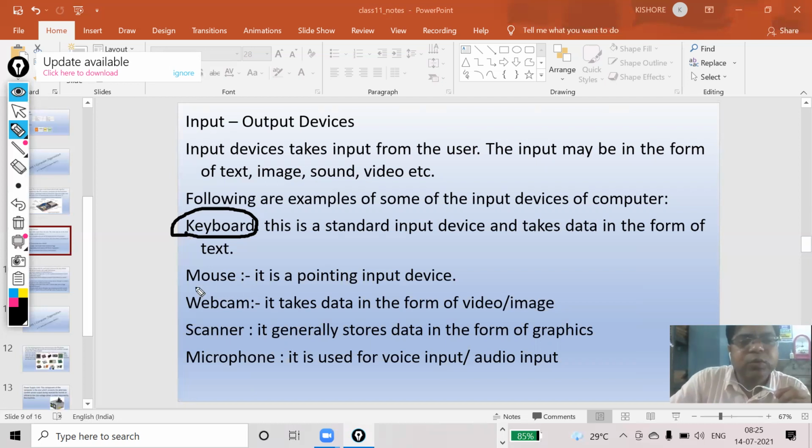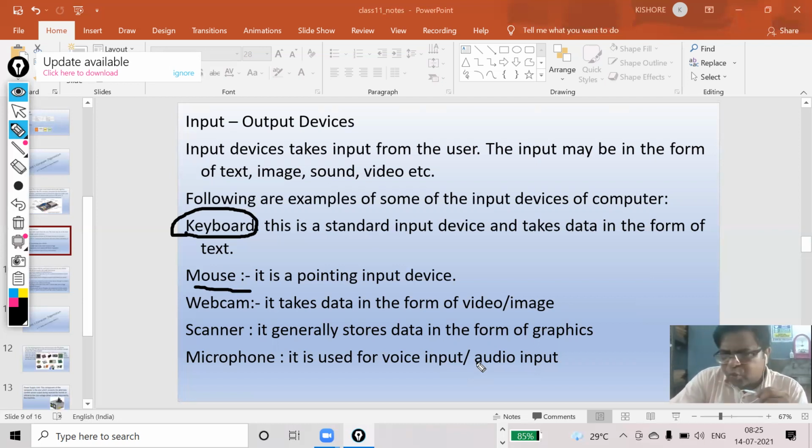Next one is the mouse. Actually, the mouse is a pointing device. Why? Because through this you can point at anything and select anything. When you select, your text will be selected or your program is going to be executed. It also helps you to draw a picture on the screen, my dear. So there are different uses. You have different buttons: single click, double click, triple click, right click, as well as the scroll button.